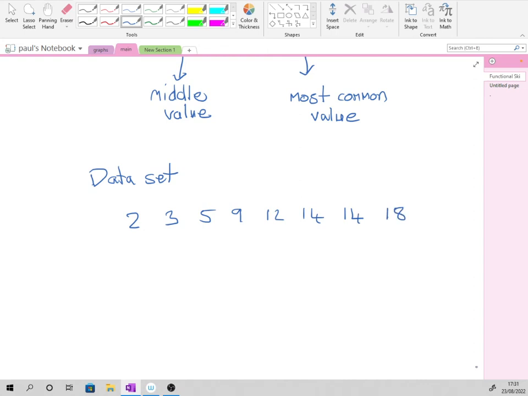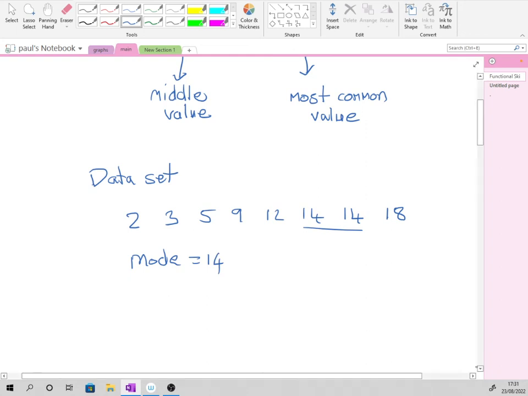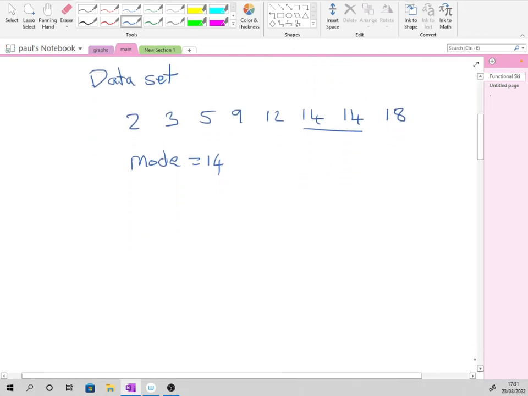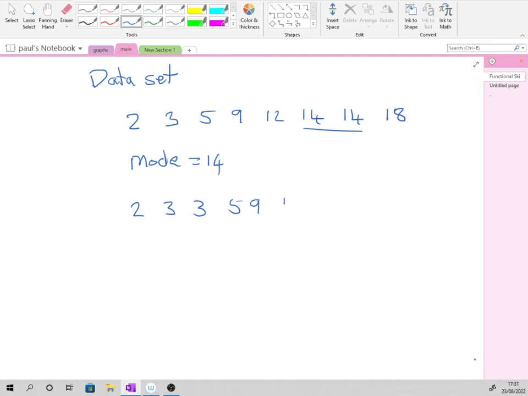Now this is the number that appears the most times. So 14 appears twice. So the mode is equal to 14. Simple as that, yeah? Now if the data set becomes a bit different, 3, 3, 5, 9, 12, 14, 14,